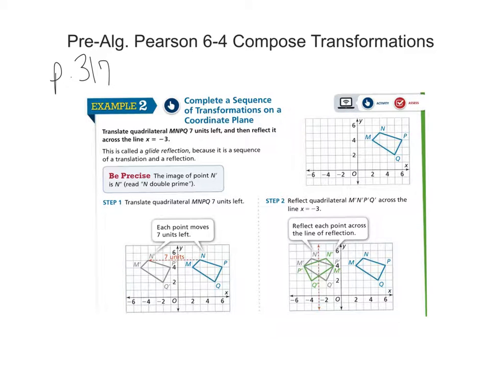Lesson 4, we're looking at composed transformations. What's going to happen in this lesson is we are going to have more than one thing happening. And we're going to try and figure out what did they do to go from what they started with to what they ended up with. Or they are going to tell us a couple of things to do,